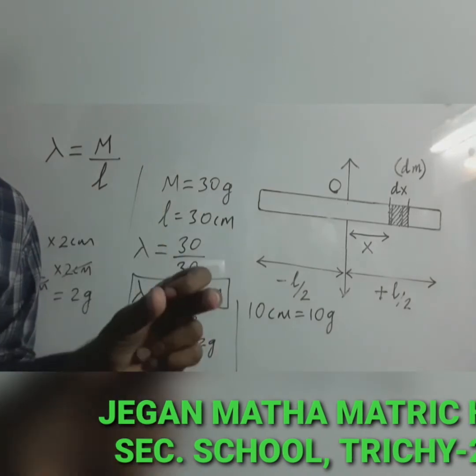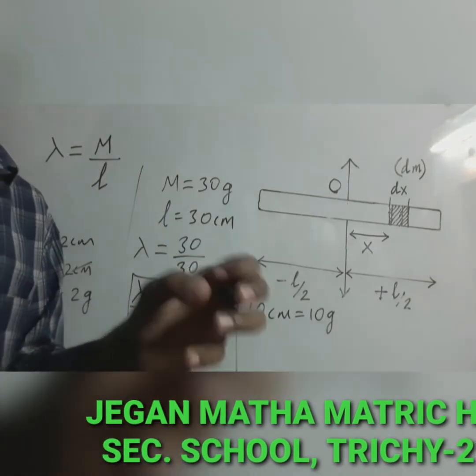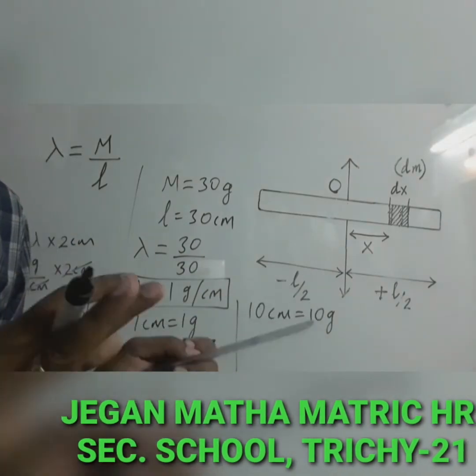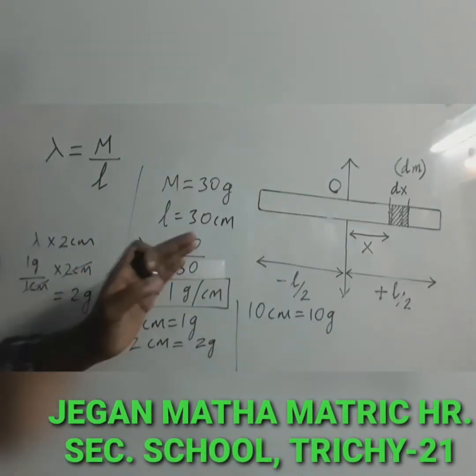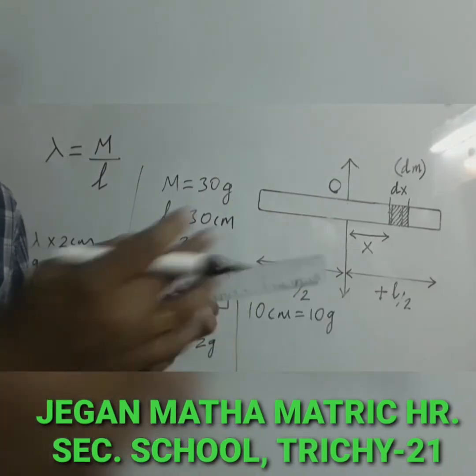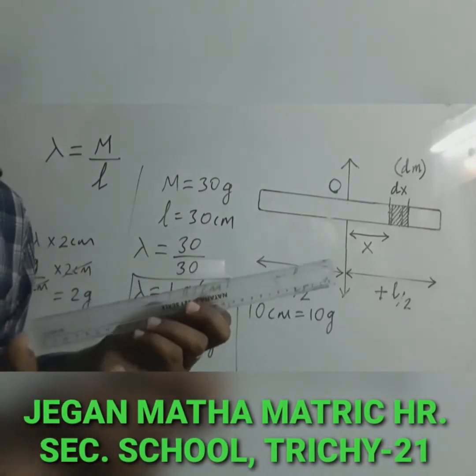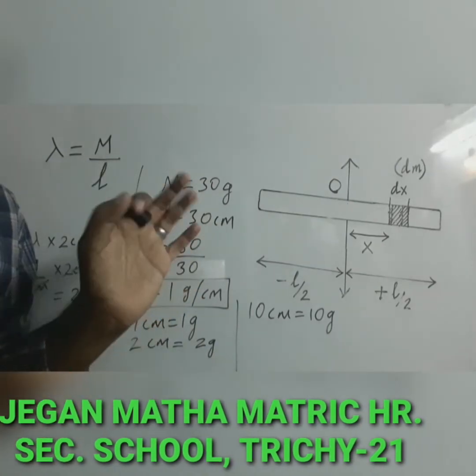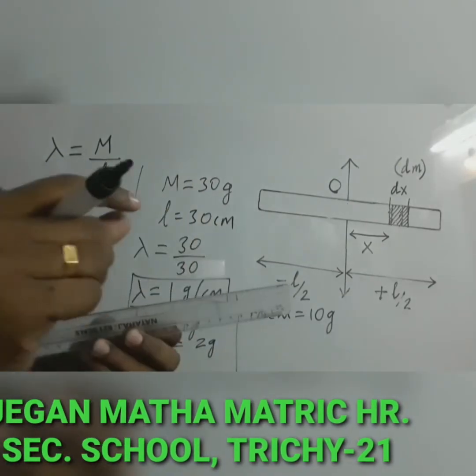For a particular length, to find the mass, the mass need not be separated. As it is, you can find it by multiplying that length with lambda. Lambda can easily be found because the total mass is known and the total length is also known. So by dividing the values, we can find lambda. Multiplying the particular length by lambda gives the mass of that segment.